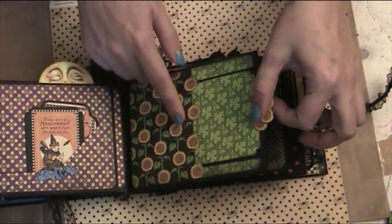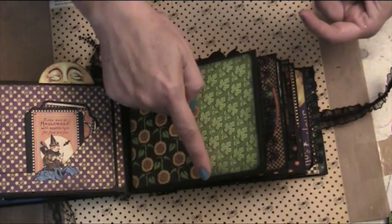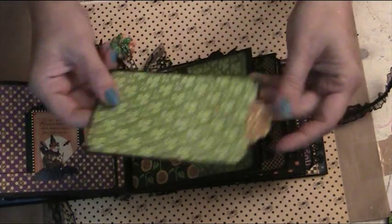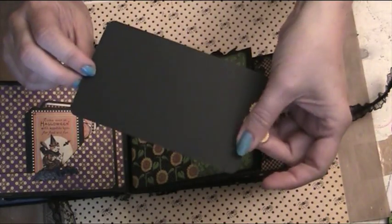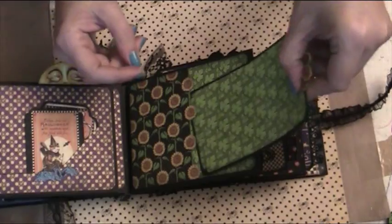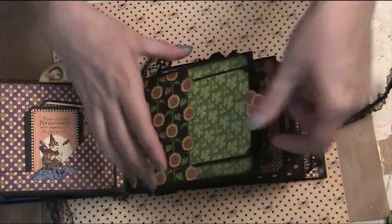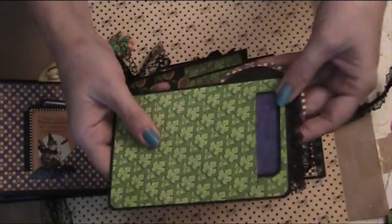I made a pocket from the sunflower paper. Fussy cut these flowers here, and then the same with the flowers here, and on the back it is also fussy cut like that. Goes here. Again, there is a big tag here. And this one has a